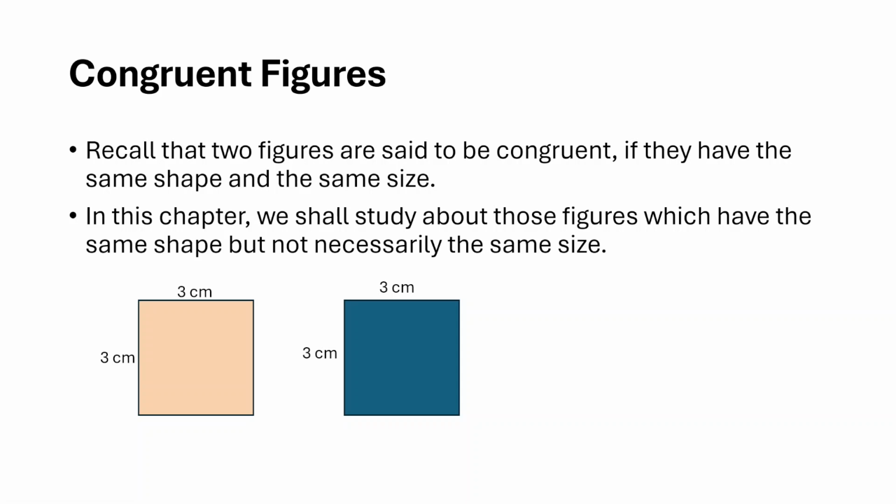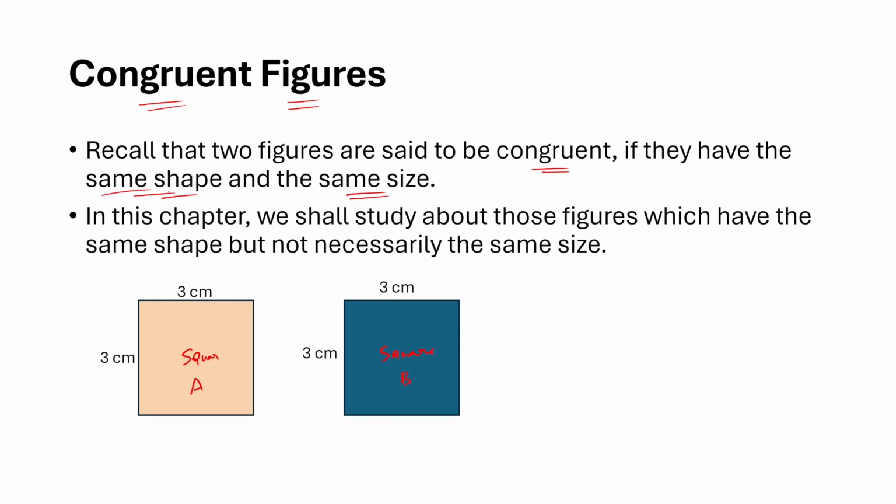So in 9th standard, you might have learnt about congruent triangles or congruent figures. Okay, what exactly are congruent figures? Let us recall that. Two figures are said to be congruent if they have the same shape and the same size. For example, here you have a square, correct? This is a square and this is also a square. We will say these two figures, square A and square B, are congruent figures only if